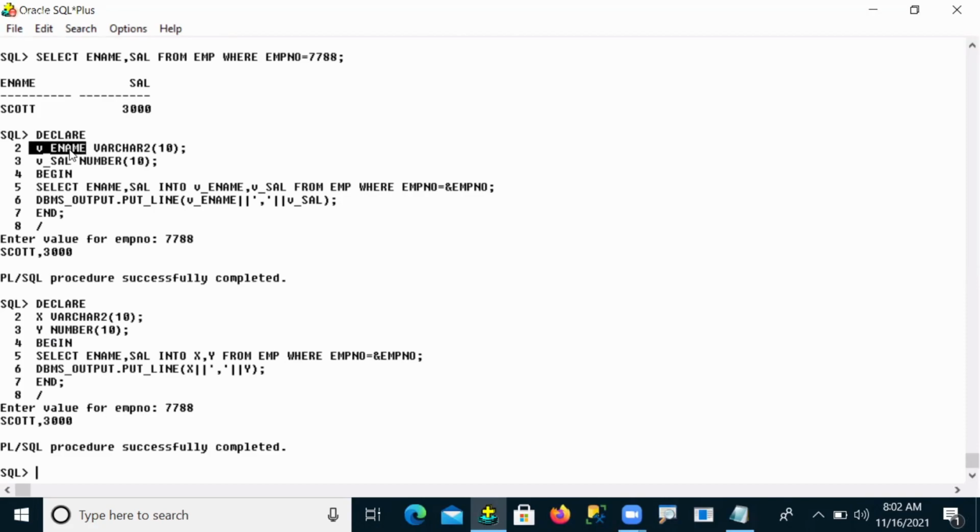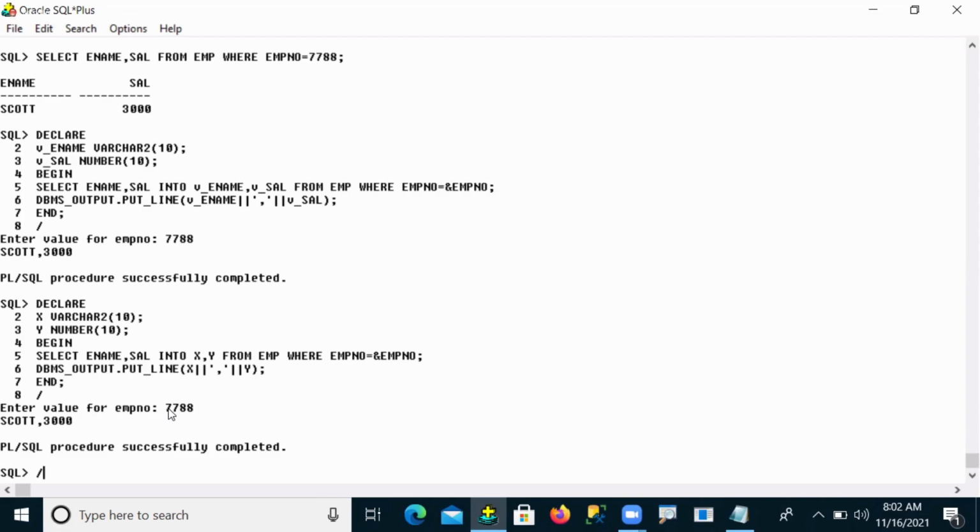So the ename variable was created for ename column data storing purpose, and the salary variable for salary column data storing purpose. That was clear-cut information we are passing to the users. But otherwise, we can write like this also. And here I gave &EMP_number for dynamic entry purpose.